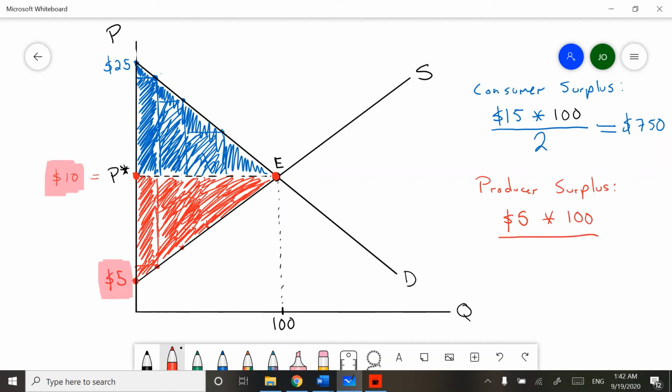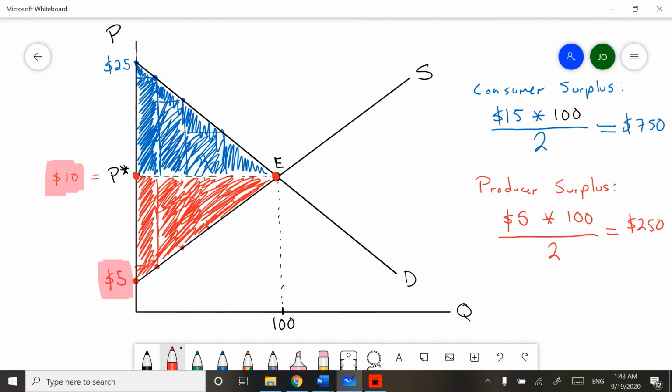Again, I divide by 2 because that's in the formula for calculating the area of a triangle. This equals 250. That means that if we add up all the producers in this market, they will have a producer surplus of